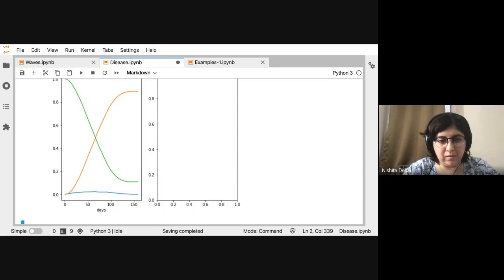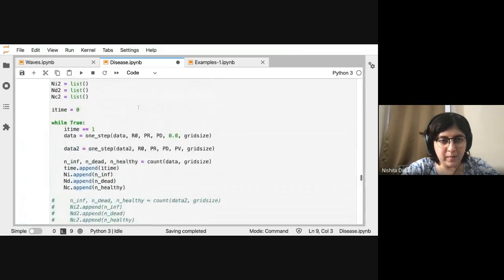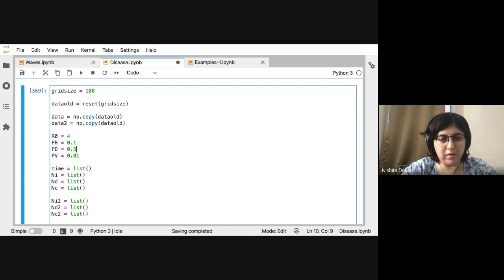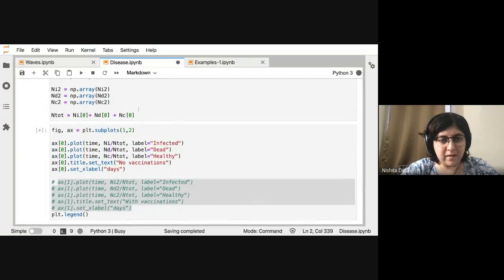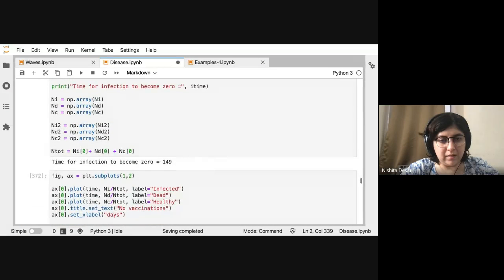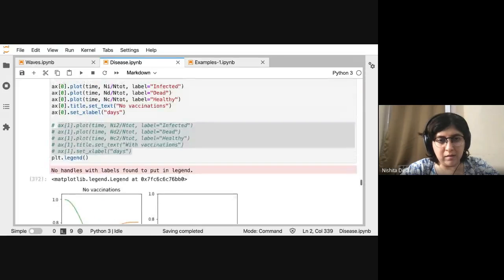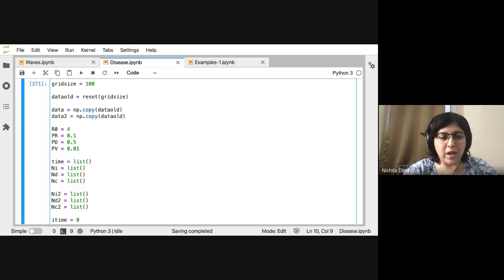So we see this is 158. Let's start with a smaller value and see where we are. And 49, and it's pretty much the same. I think it's biased because we have this three nearest neighbors condition. So to see what you are saying, we need